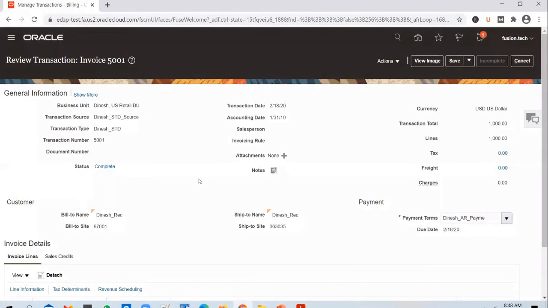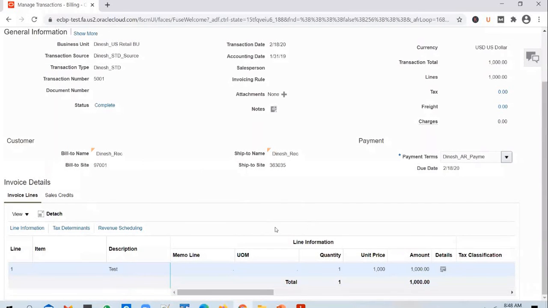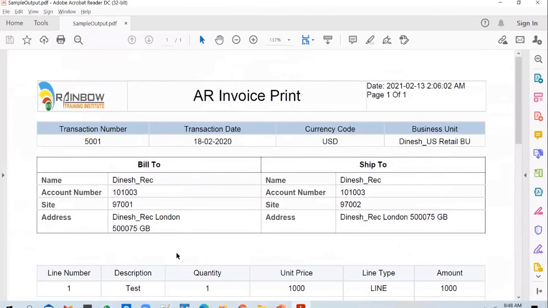So a requirement is to create a report which will pull a few details from the invoice header, pull the customer bill to and ship to details, and pull the details from the line section, and generate a report output that looks like this. Okay, so the client would give you this PDF document, and they will say that I want to print AR invoices in this particular format. They want to have their own logo. They want to give a heading in there, and at the header level, or at the beginning of the report, they want to print a few details from the invoice header.